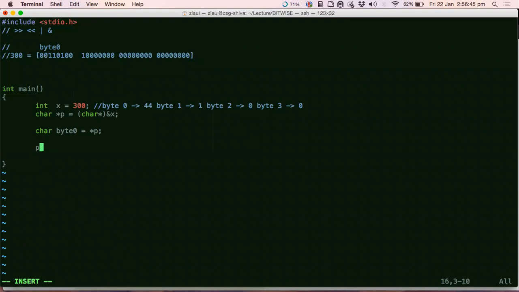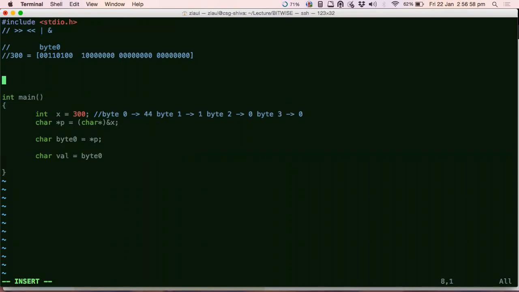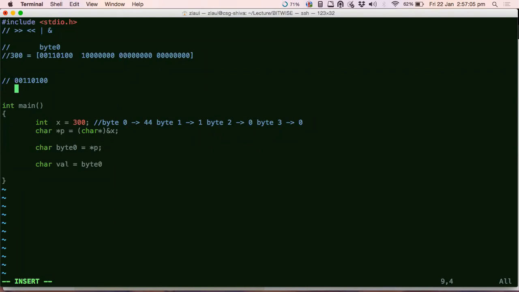Let me create one more, let me put it as character only. Now I have just this single byte 0 0 1 1 0 1 0 0. You guys know AND and OR operators, right? I think you have done it in your school also. So if I take this particular byte and AND it with a specific number, what should that number be?